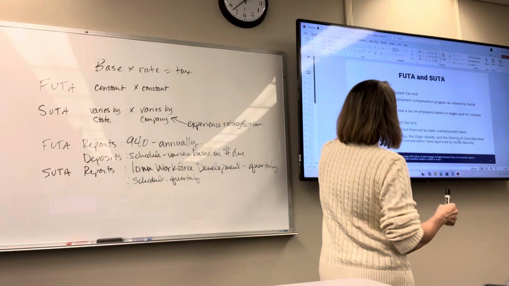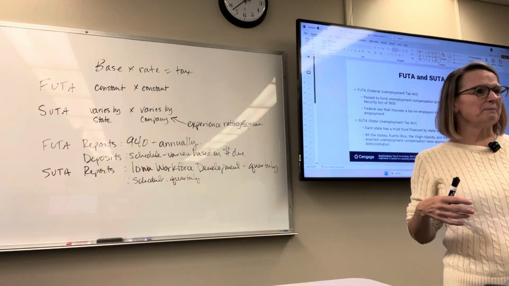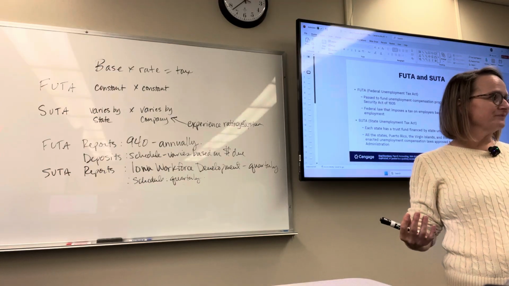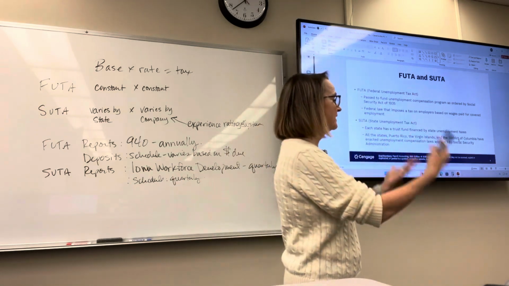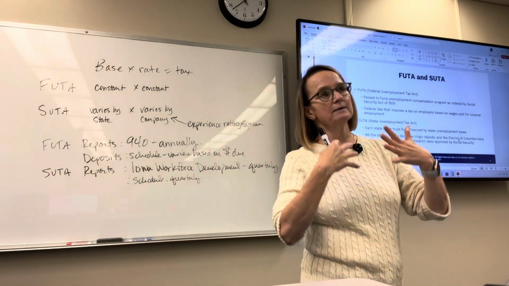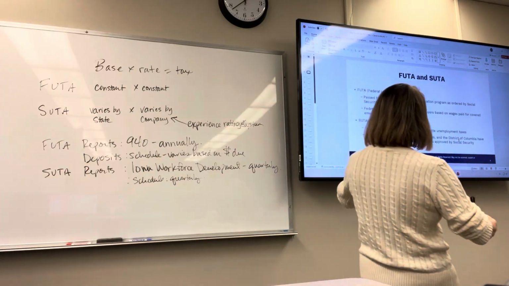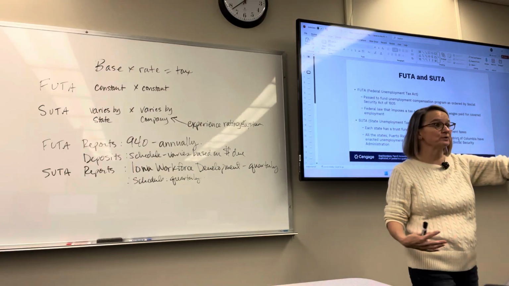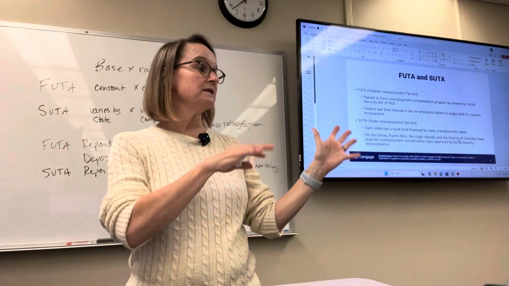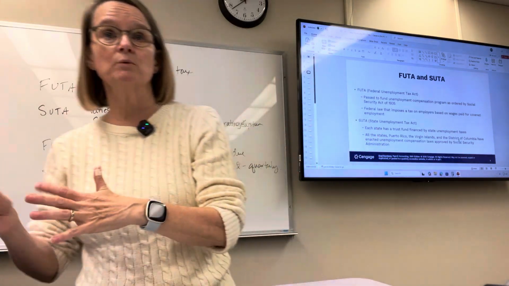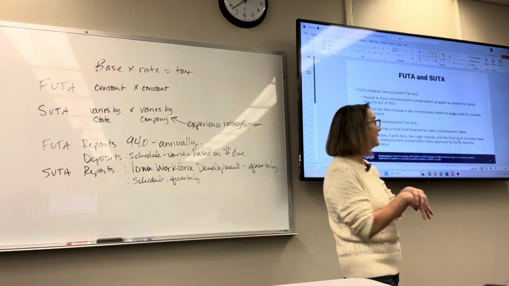So FUTA, the federal unemployment tax, collects the taxes essentially to pay the administrators to administer the program. So it's really like 100% just toward salaries, amounts that pay for salaries for people who administer the program within the federal government and oversee it. It was started in 1935, so again, we've got one of those Depression-era acts that was put in place in response to the high unemployment that was experienced due to the Great Depression. It was another one of those social programs that was implemented.